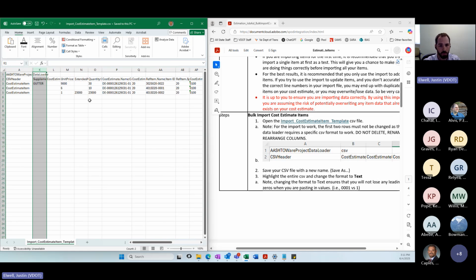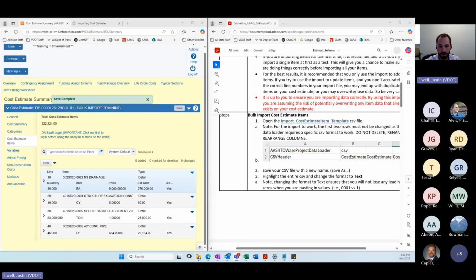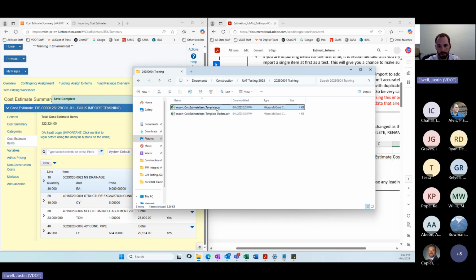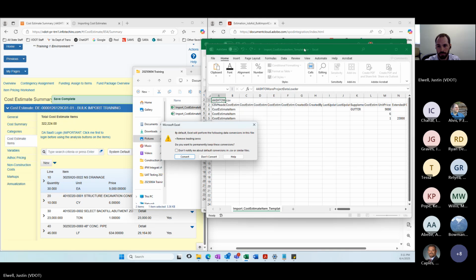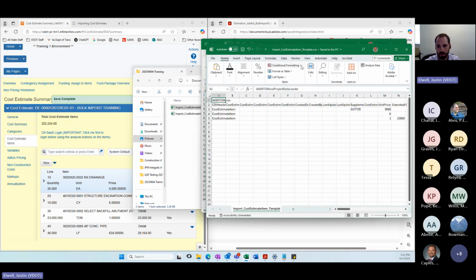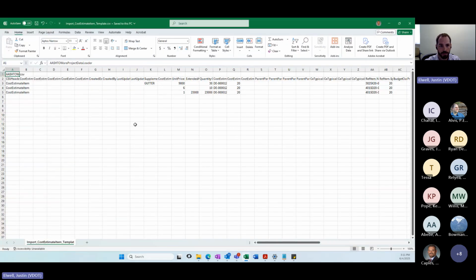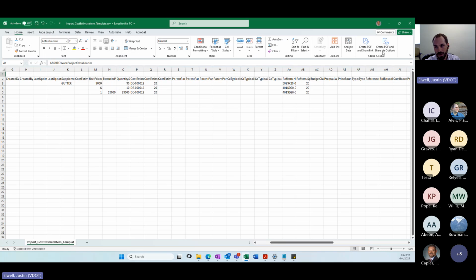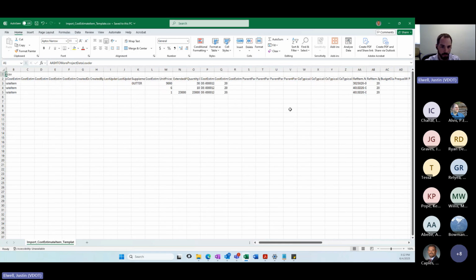So the moment you open up this file once again, I can show you. It'll open up just like it was initially. Don't convert. And you can see all those columns are back, right? And the widths are back to what they were.